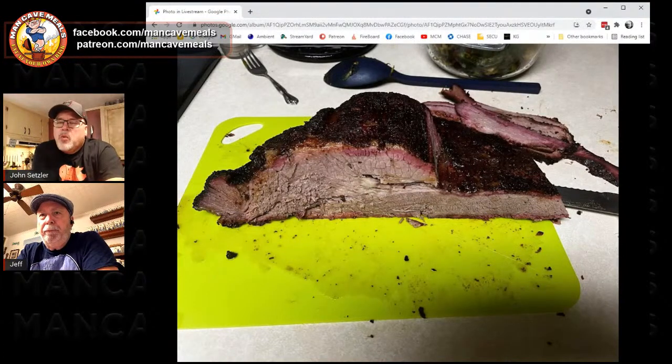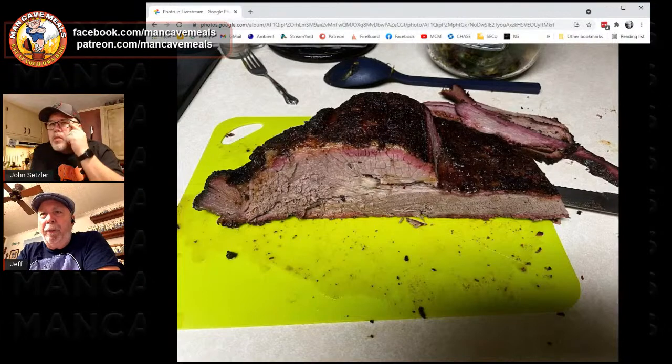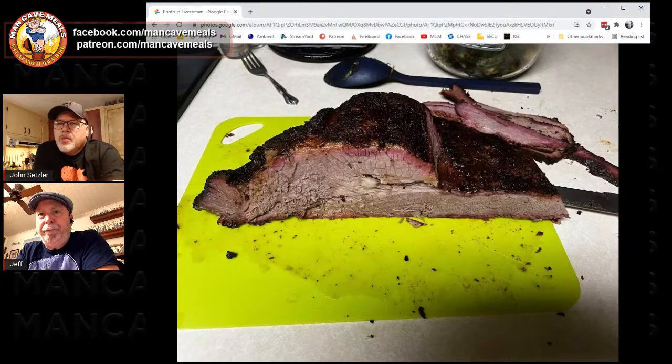Have you ever seasoned a brisket with just one or the other of those two? No, I've always layered my rubs. Right. Well, the reason I'm asking is because the Himalayan Sherpa is a beautiful salt, pepper, garlic blend on its own. The Man Cave Meals AP Mojo is also a salt, pepper, garlic blend, but it's got some additional things in it